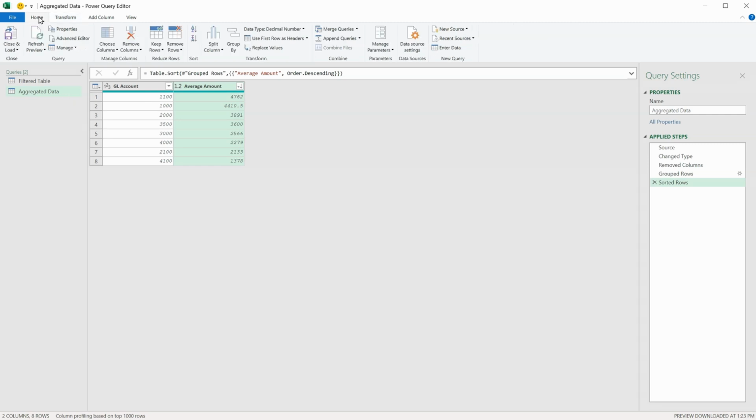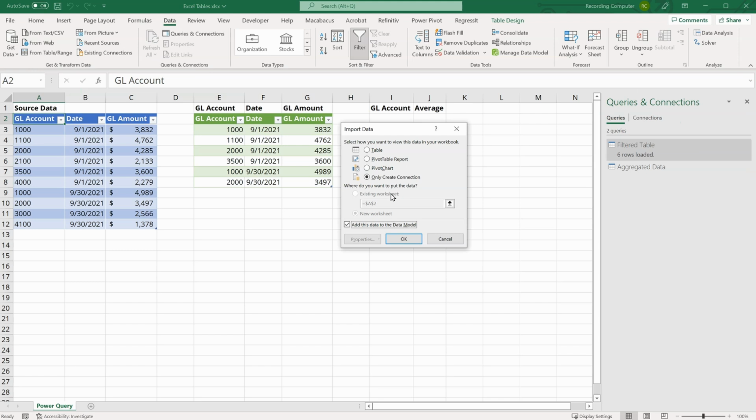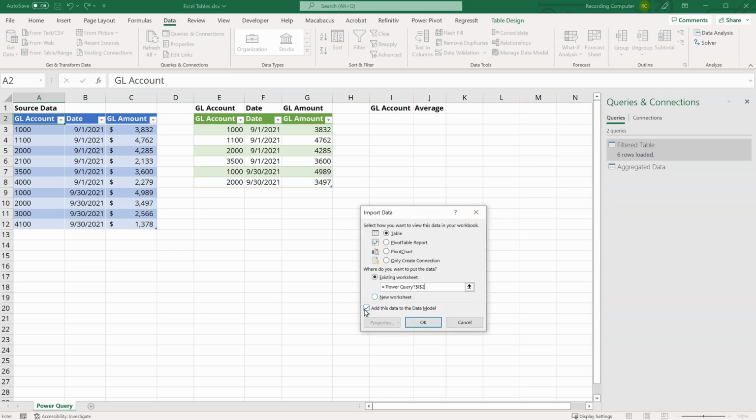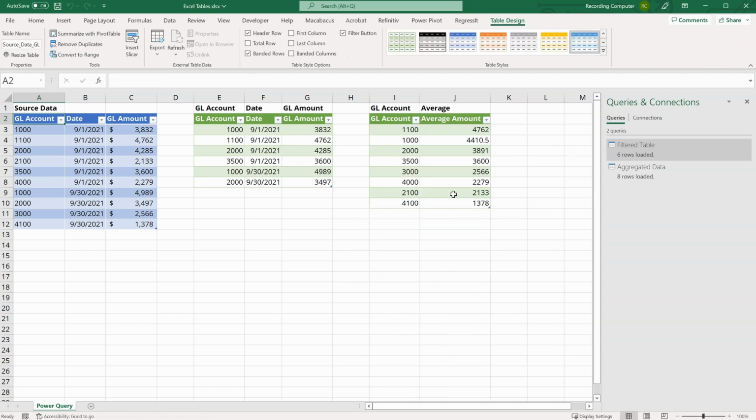At this point, I can go to the Home tab on the ribbon. We're done all our data transformation. From the drop-down from the Close and Load button, I can select Close and Load To. I'm going to select Table from an existing worksheet, and I'll put this in cell I2. And I don't want to load this to the data model, so I'll uncheck that box and select OK. And now we have our second table of data. We've taken the source data, we've grouped the rows, and now we have another table with our GL account numbers